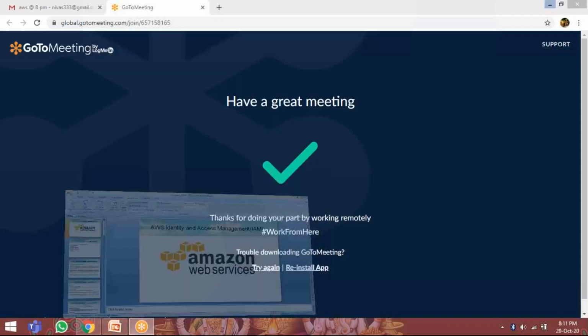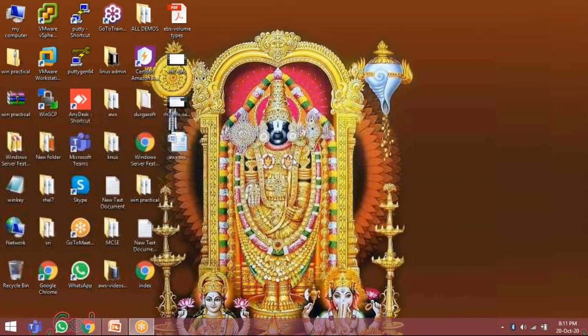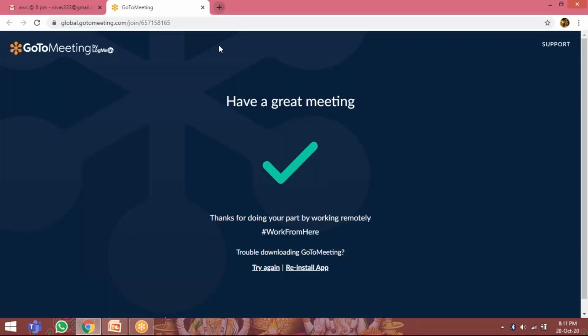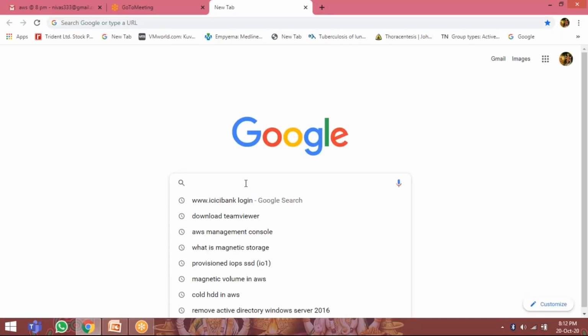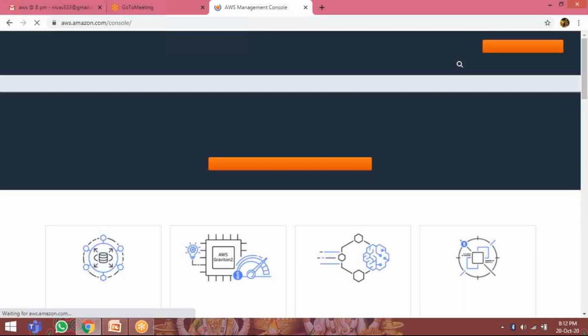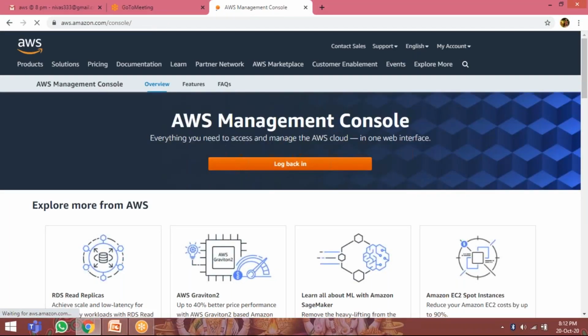So you can go to the AWS Management Console. You can check how you are logged into the AWS Management Console. Every day we are logging in as the root account.